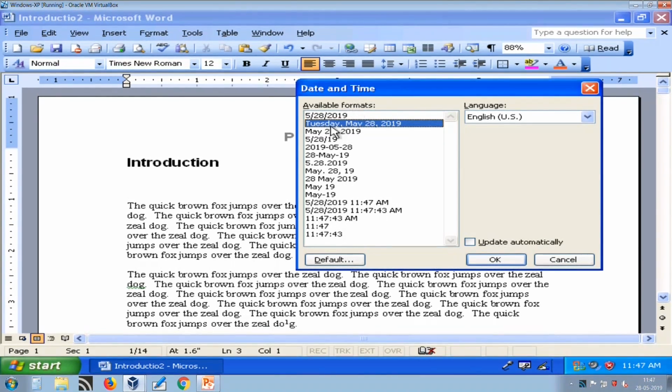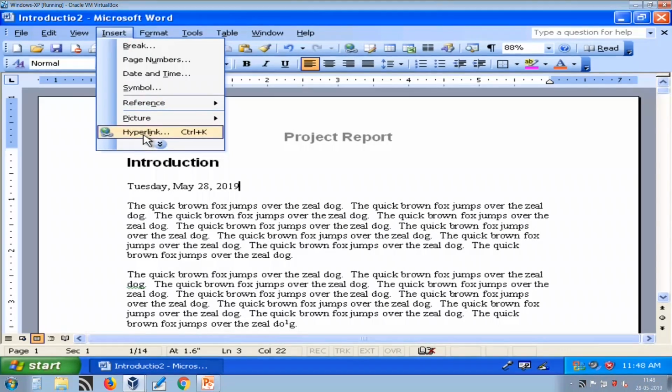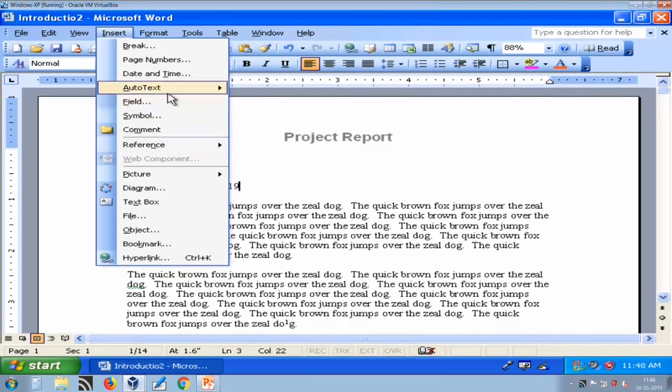Then you have to press OK. At the place of cursor it will insert current date and time. So, you need not type current date and time, it will automatically fetch your system date, right. So, this is how you can insert date and time.